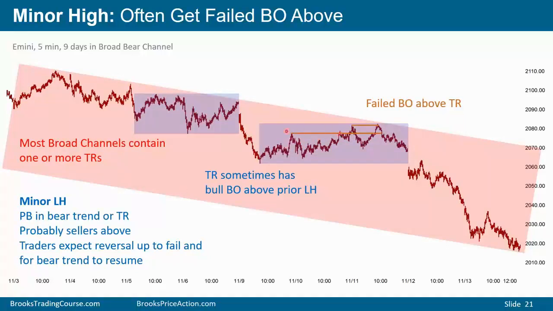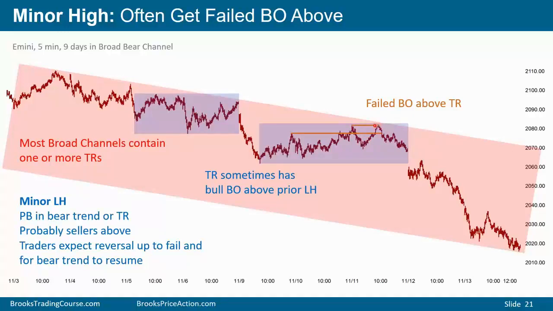We broke out strongly above this high, but the sell-off is not all that strong, plus it did not make a new low, so it's a relatively minor lower high. It's a strong rally here, so it's a fairly good lower high, but it's not nearly as important as this. And here, same thing. We have a sell-off, reasonably strong, but did not get anywhere near the prior low, and therefore it's not really a major lower high. And if the market goes above it, traders will sell.